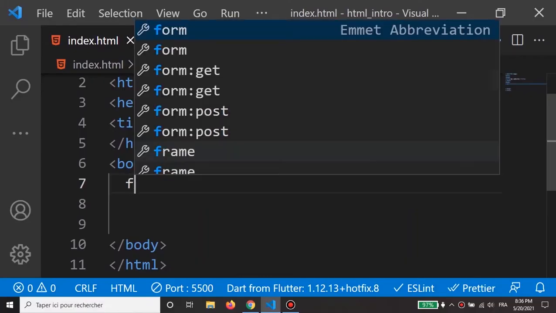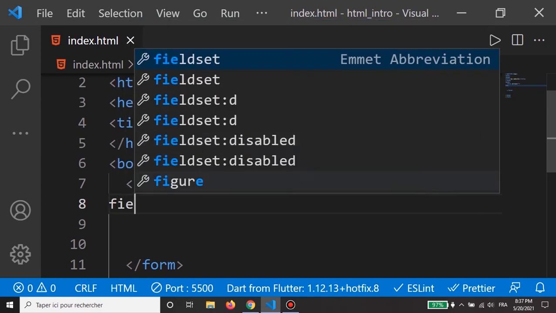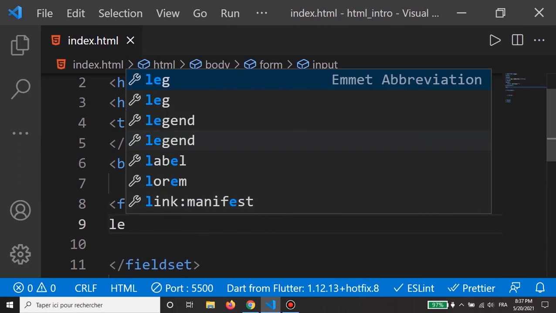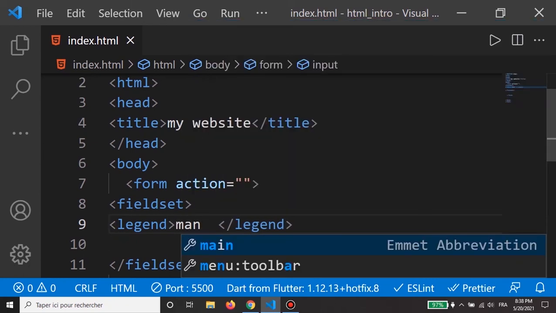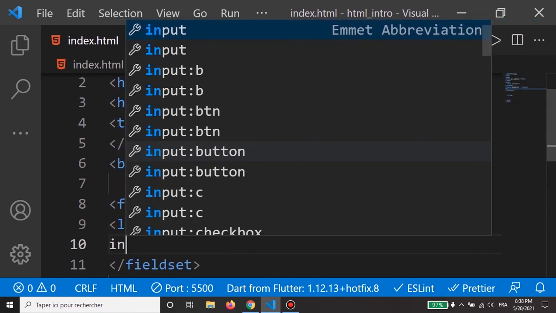First we're gonna have our form. So the field set element is used to divide the input into sections. So let's start with field set. Next we're gonna have legend, and here we're gonna divide our input into 2 sections, mandatory and optional. Mandatory. Next we're gonna have 3 input text. So